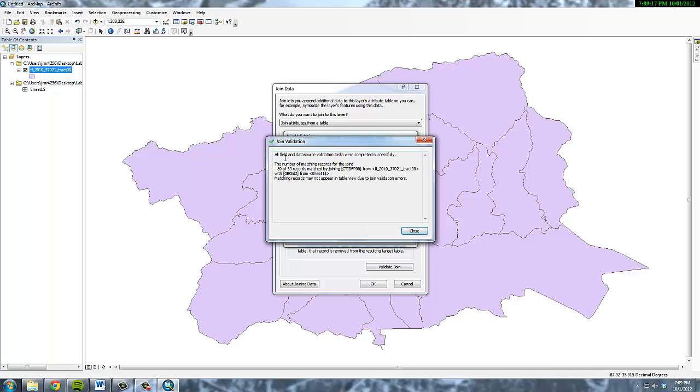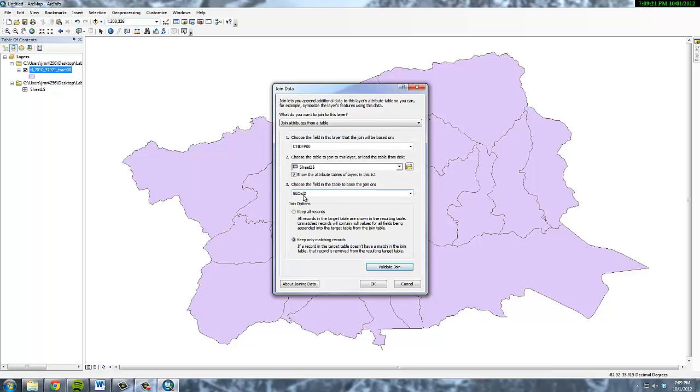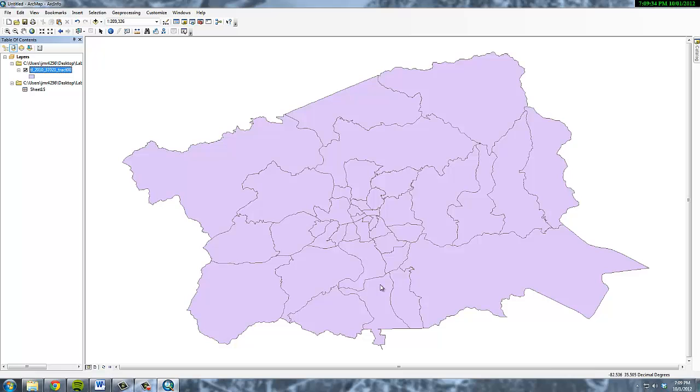Okay, and it says all field and data source validation tasks were completed successfully. What people had a problem with before is that on some of these there were some funky symbols in these titles, and if there are, then it won't work. Okay, and you also make sure that you're using the right thing here. So, okay,